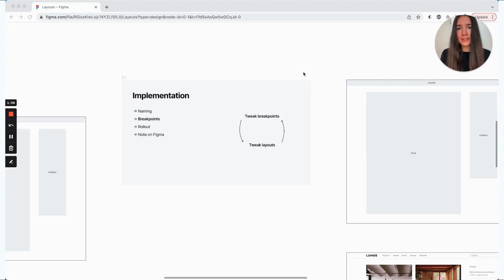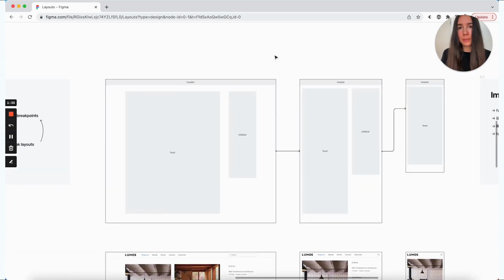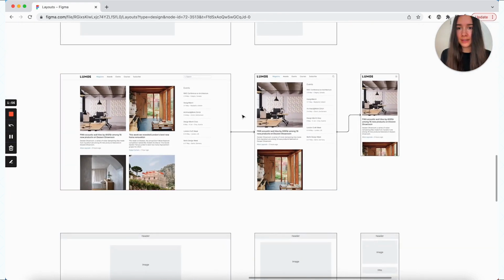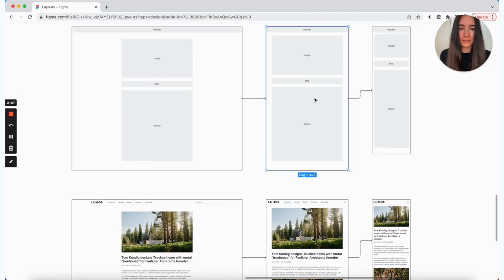It is also a possibility that you may need to tweak the breakpoints, then tweak your layouts and go through several cycles of that. That's normal, but again, if you can work with the default breakpoints, that just makes the whole process faster. So with our example here, let's say we have 3 breakpoints, one for the desktop or laptop, one for iPad, tablet, and then another one for a phone. And then we see how we can take our layout and how we want it to adjust at those different breakpoints. And of course, we would do it for all the layout types that we have.